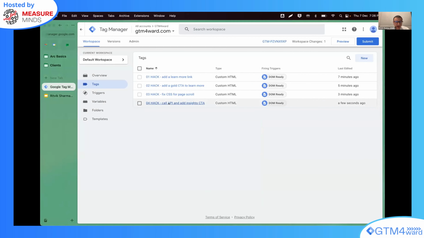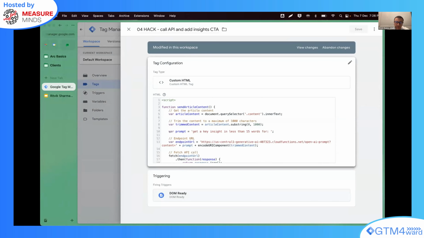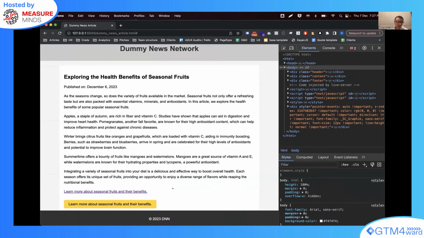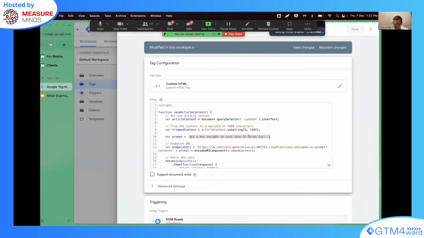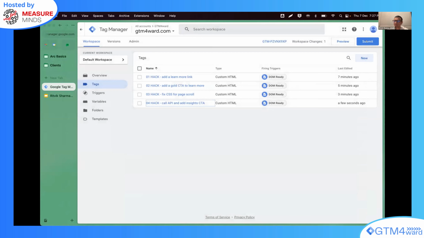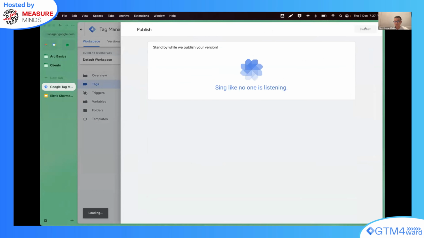And that's what I have as part of hack number 4, where I have a prompt defined within my Google Tag Manager script here, to get a key insight in less than 15 words by using all the content I have on the page. And hopefully this will work as well. So this is saved, and I will simply submit this, call it hack 4, publish.